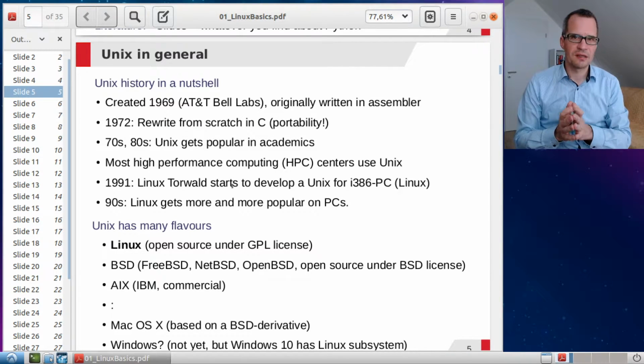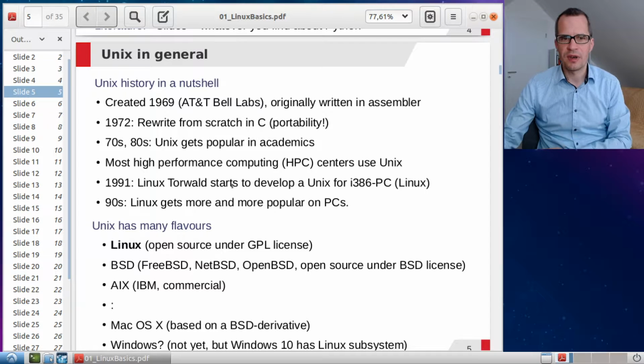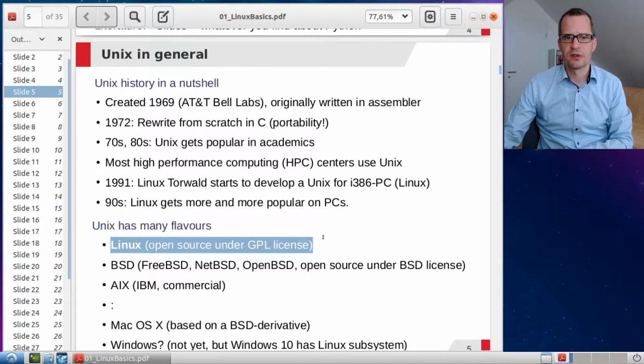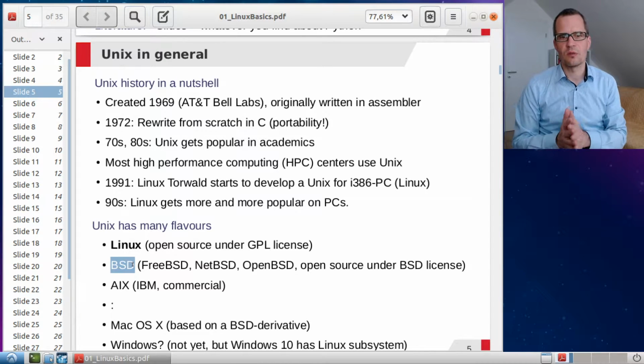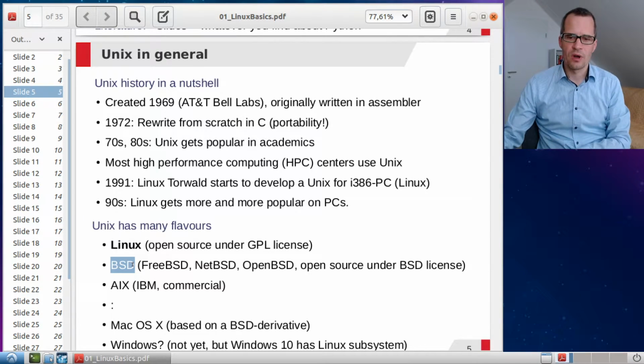And then this operating system became very, very popular, and nowadays it is one of the most popular systems also on desktop computers. And therefore we will cover Linux. Linux is just one flavor of Unix, so there are different kinds of Unixes. Linux is just one flavor, but for example you have also the BSD family, FreeBSD, NetBSD, OpenBSD, and you have even a few